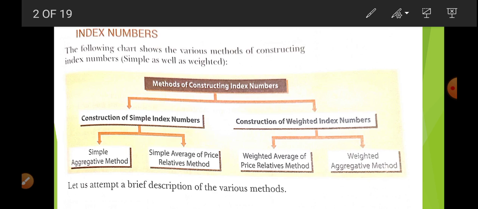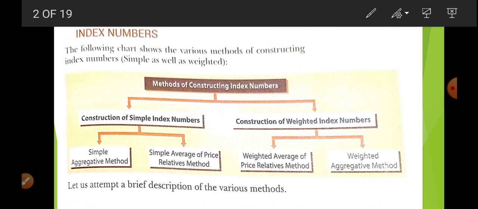If we talk about the methods for constructing index numbers, there are two ways. First is construction of simple index number, then construction of weighted index number. Already we learned in the previous video what is simple index and what is weighted index. Simple index is that index in which all items are given equal importance. On the other hand, the weighted index number is given value according to their